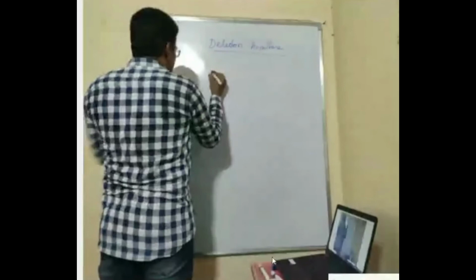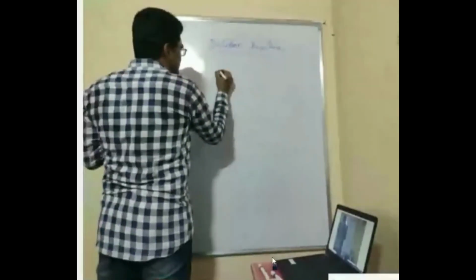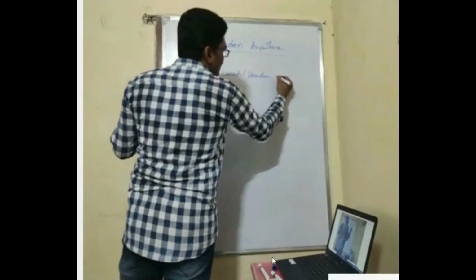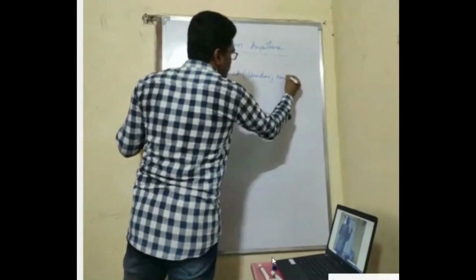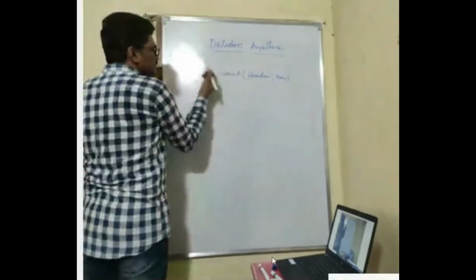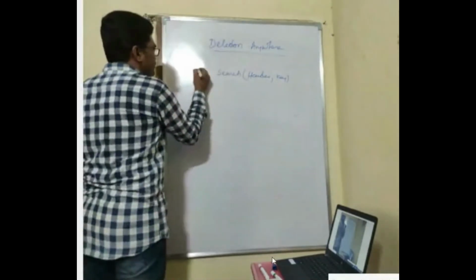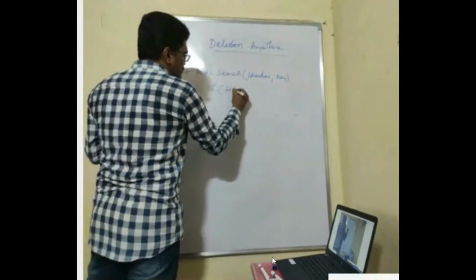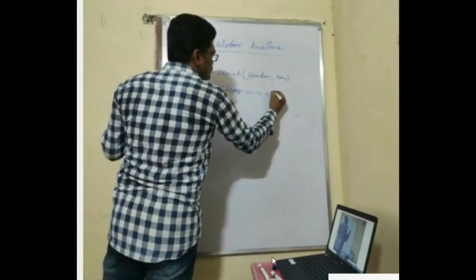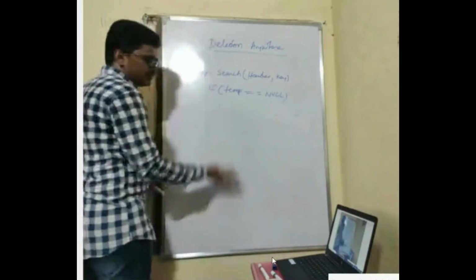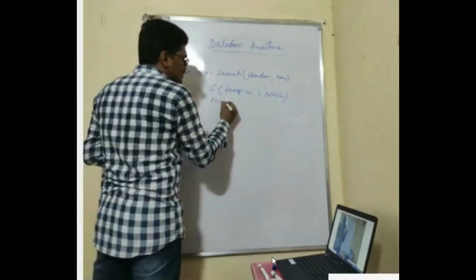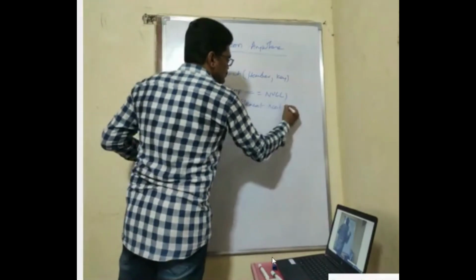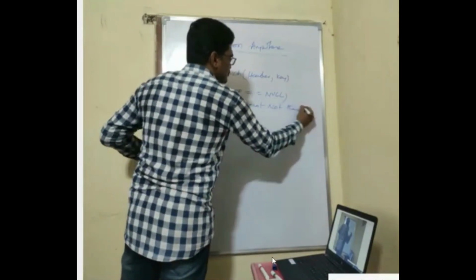So what we do is, first we'll call the search with header and the element we want to search. Suppose we say the key element you want to search. This you will be storing in one pointer, suppose list temp. Now if your temp is null, if you are returning null from there, what does it mean? We'll print, element is not there in the list.